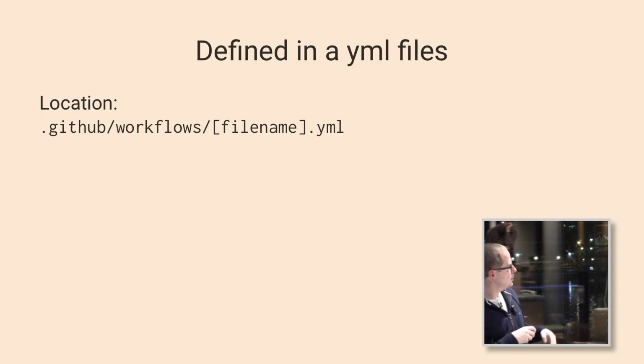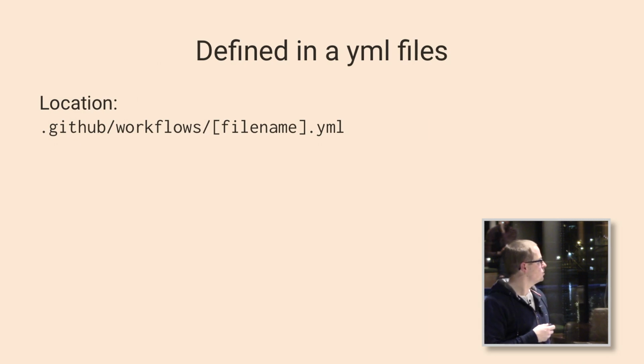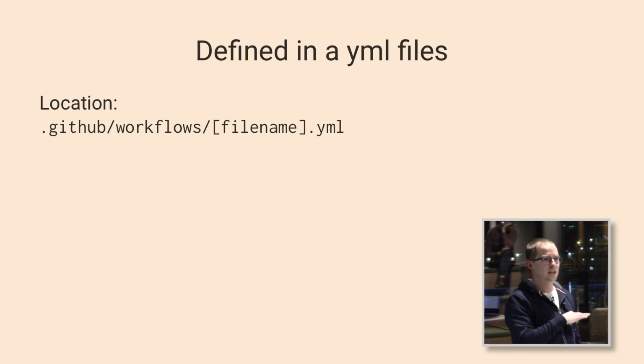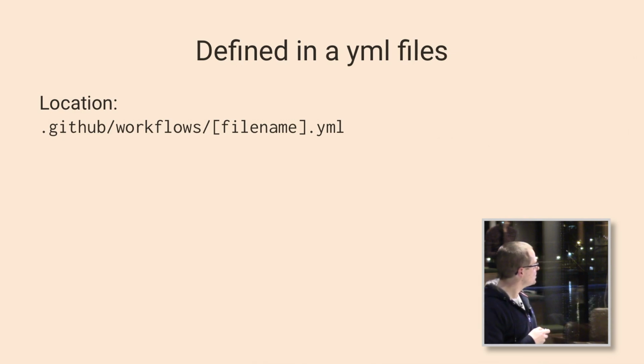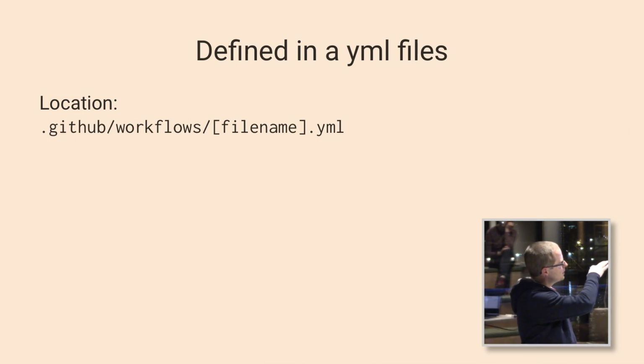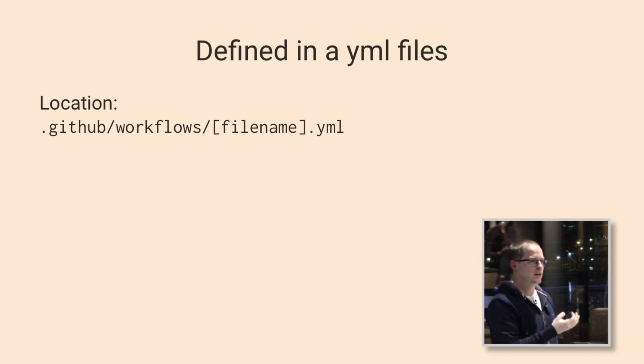So your workflows are defined in YAML files. I don't know why they chose that format, but well, once you've written it, it's pretty readable. Don't mess up with your tabs. Make sure you use an editor that annihilates any tab characters that you either copy paste or type yourself, because it will be an instant failure on your build. But you define them in this directory. This is at the root path. This is a root path within your repository. So something, file name, and then YAML.